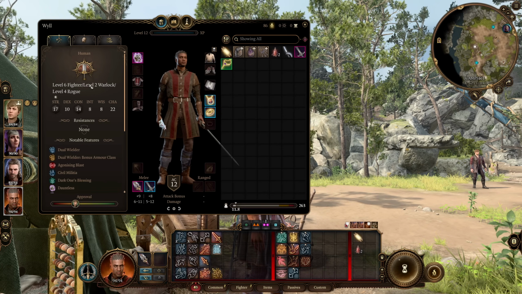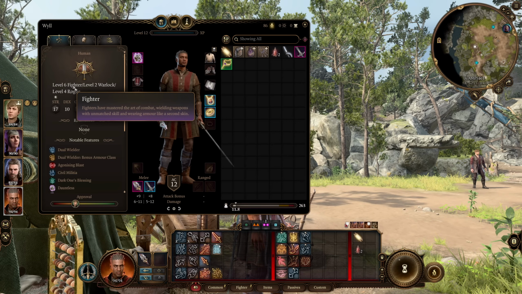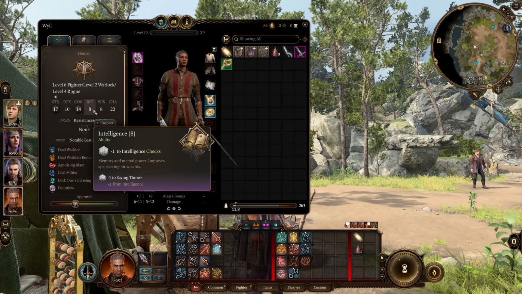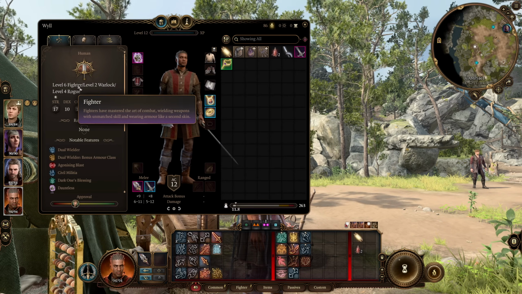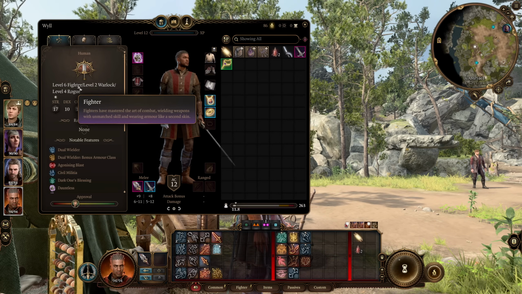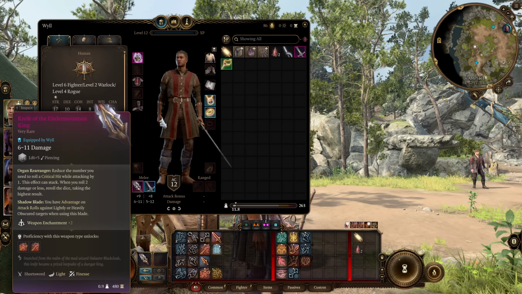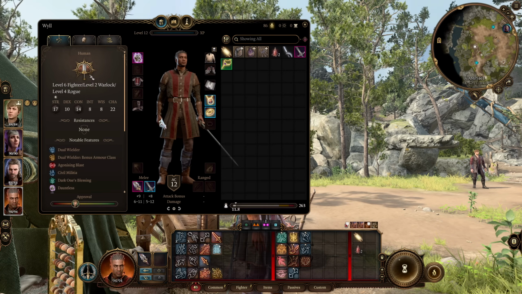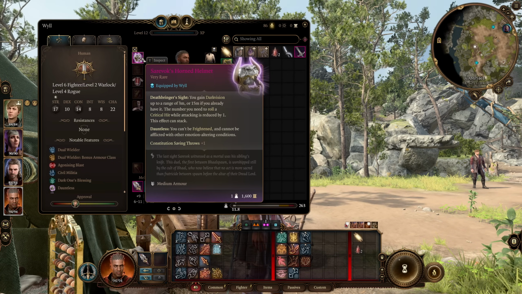But the subclass I went for with Fighter was the Champion, because unfortunately Battlemaster maneuvers don't really work with the offhand, and Eldritch Knight, well, we dumped intelligence, so that wasn't going to work. So I've gone with Champion, which allows us to kind of spec more into a critical fishing build with Eldritch Blast. Because the Knife of the Undermountain King is going to give us that critical hit reduction, Champion is going to give us a critical hit reduction, and also any of the headpieces that give us critical hit reduction is also going to work,